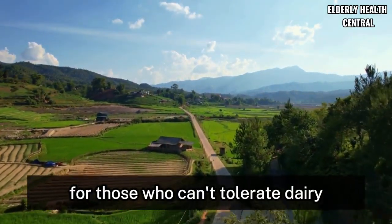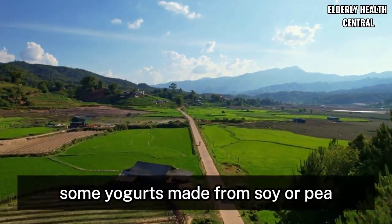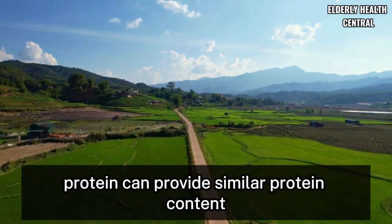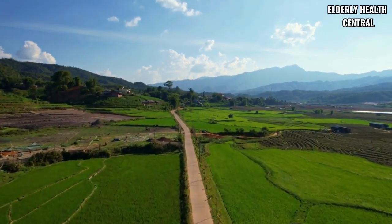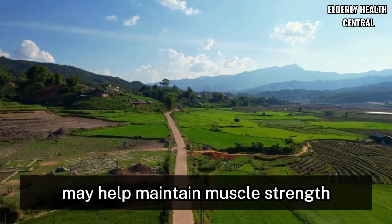For those who can't tolerate dairy, there are plant-based alternatives. Some yogurts made from soy or pea protein can provide similar protein content, though you'll want to check labels to ensure adequate protein levels. Let me summarize the key points that research suggests may help maintain muscle strength as you